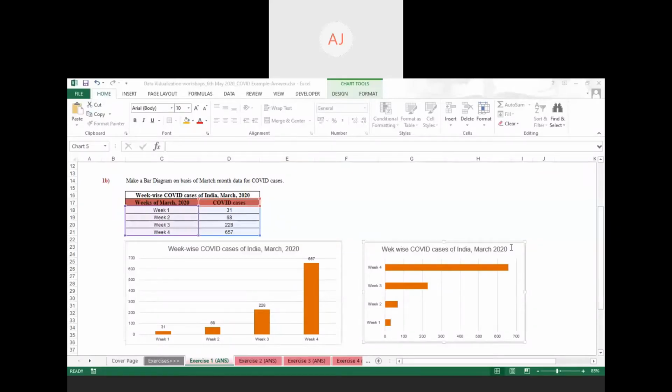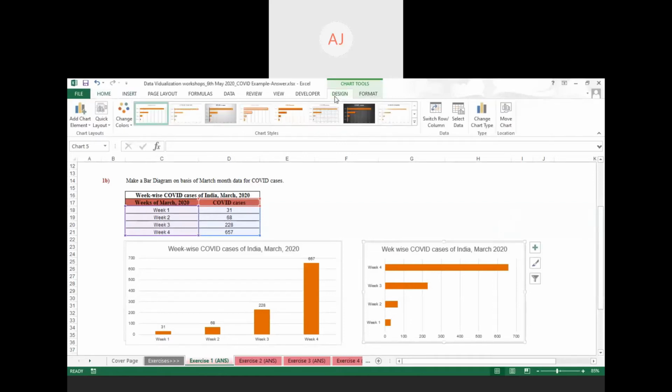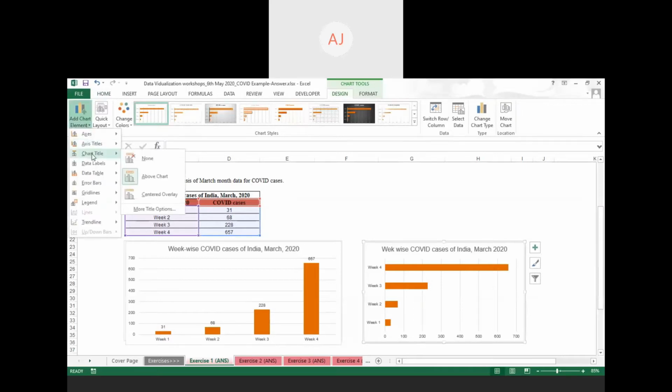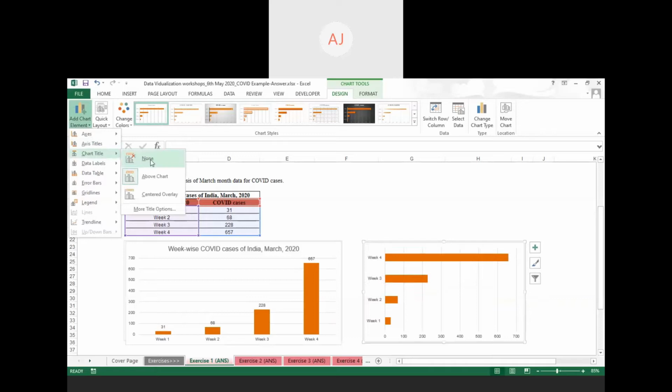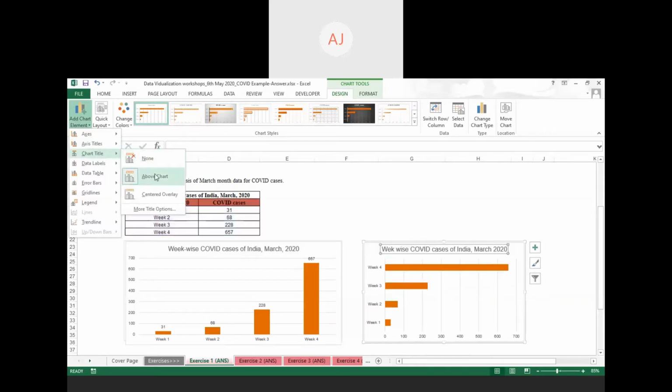If you have an earlier version of MS Office, you simply go to the drop-down menu, then the Design option, then the third option, that is Chart Title. If you want to place your chart title on the chart itself, go to the third option. Otherwise, be okay with the first or second option.